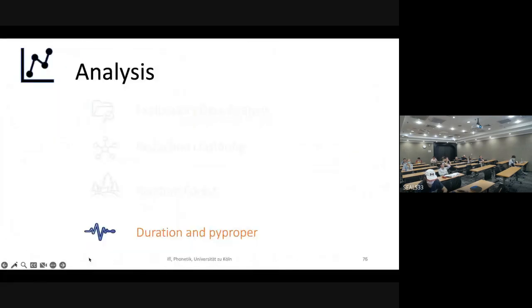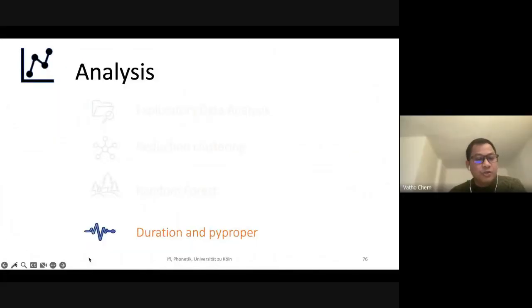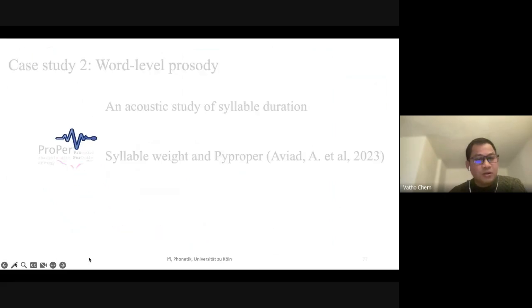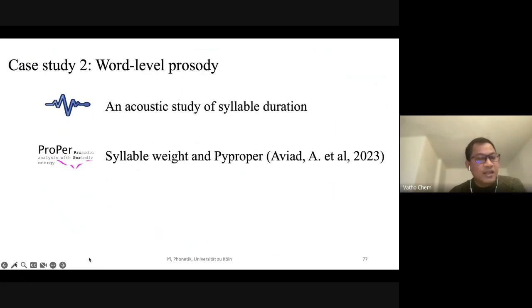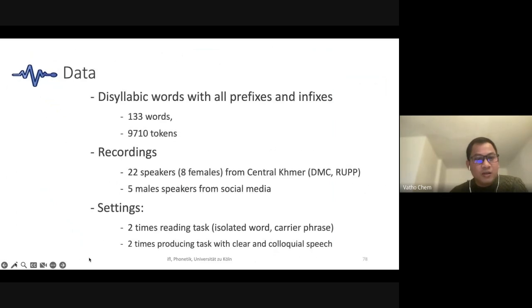So now let's move to the duration and pi proper. This is the traditional way of studying the language. We use acoustic study of syllable duration. So the data that we collected from the field: disyllabic words with our prefixes and infixes, we took around 133